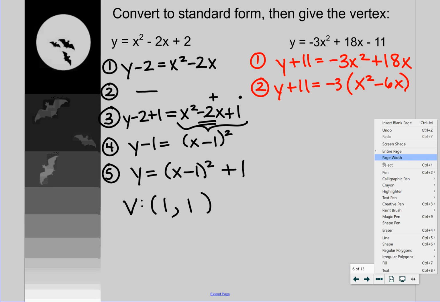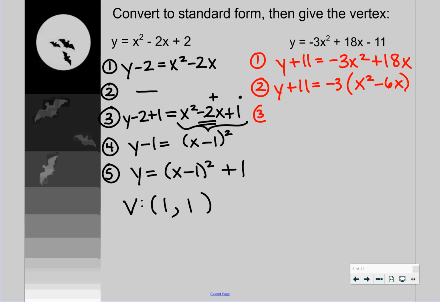Third step, we're going to complete the square. We're going to half it, square it. So I'm going to leave a little room on each side. Y plus 11 equals negative 3x squared minus 6x. And when we complete the square this time, the number we're going to add in is going to go inside the parentheses. We are still looking at the x term to half and square it. That's the number that we're using. So negative 6. Half of it is negative 3, square it, 9,